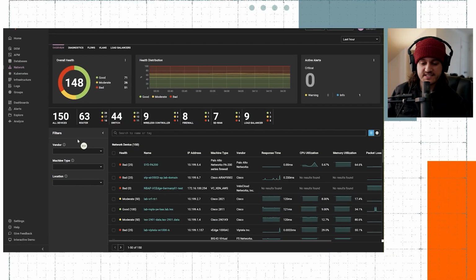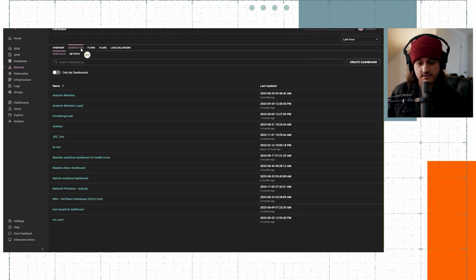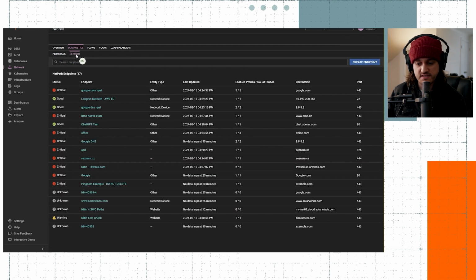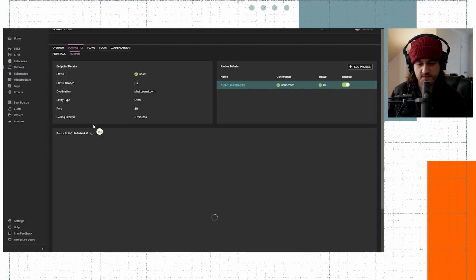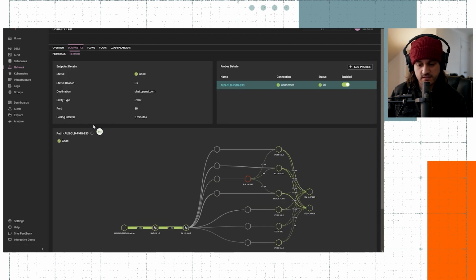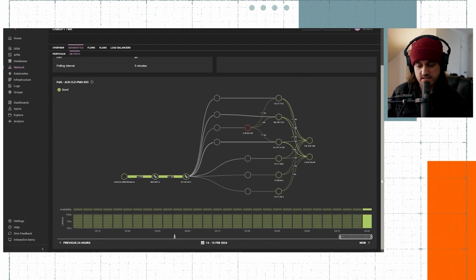With the network features of the SaaS solution, we can also gain insights through NetPath. So if I come up here to this diagnostics tab under the network area, and then I go to NetPath, I can see some of the different endpoints that we've set up here. I'll just go into this one so we can take a look at some of the data already populated. And there we go. We can see a visualization of the actual network path. And if I scroll down a little bit further here, you'll also see the event timeline that corresponds to that NetPath. So we can see there is an event back toward this area.